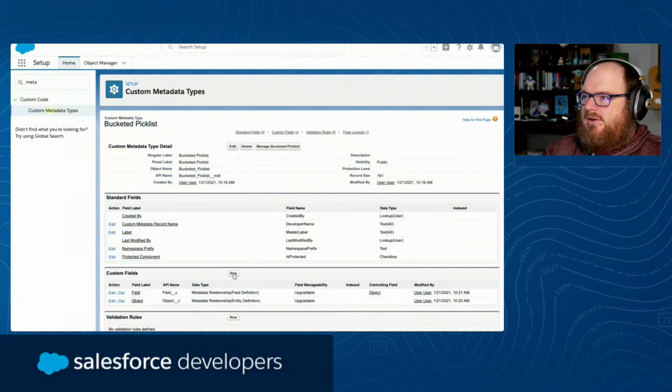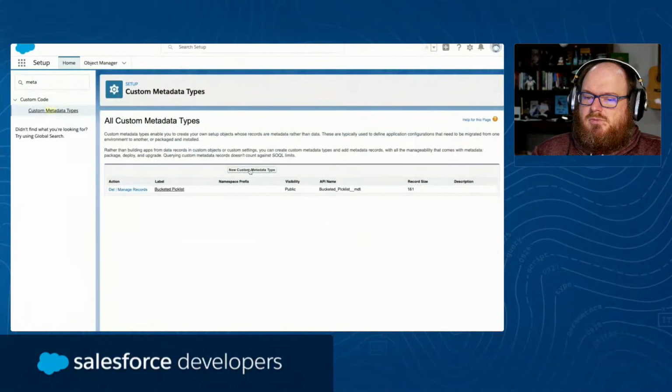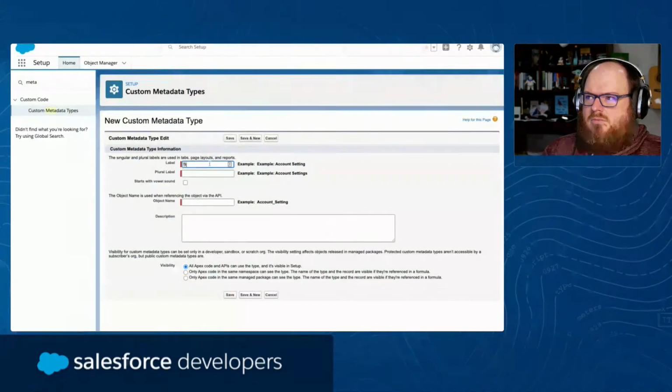All good. All right, so we're going to have fields, and then we're going to have objects. What else do we need? That might be it for this level of the metadata. So then we're going to go create another metadata type. So I'll pop back out here. Now we need to create a metadata type for each bucket within this bucketed pick list. So you can see we're sort of at a child layer now. So I'm going to call it bucketed pick list